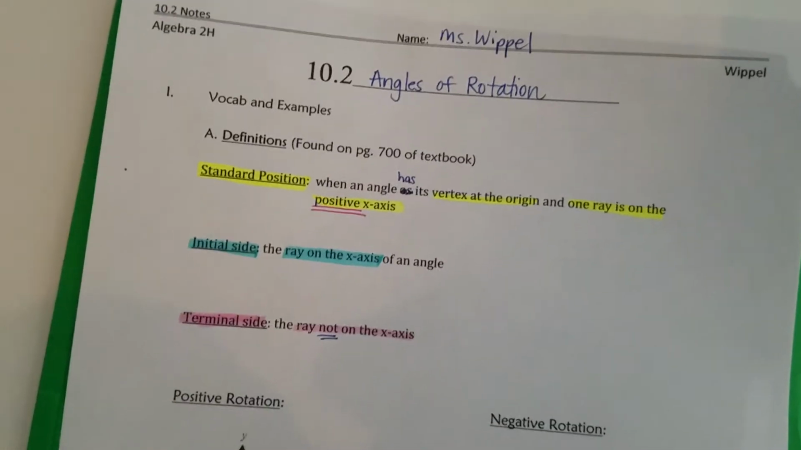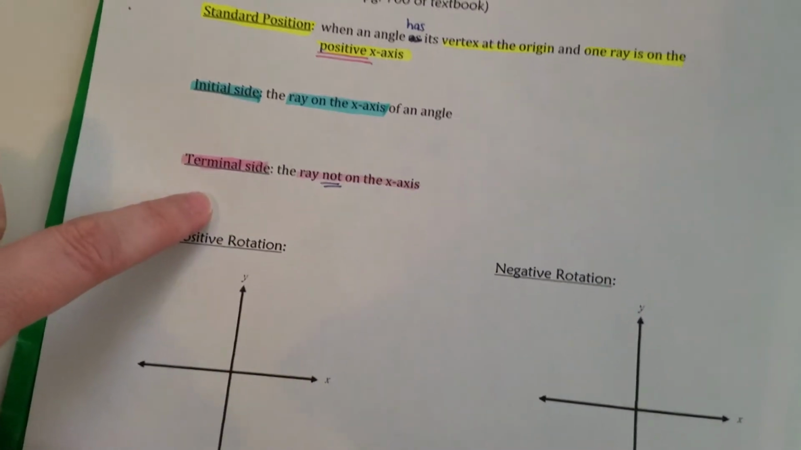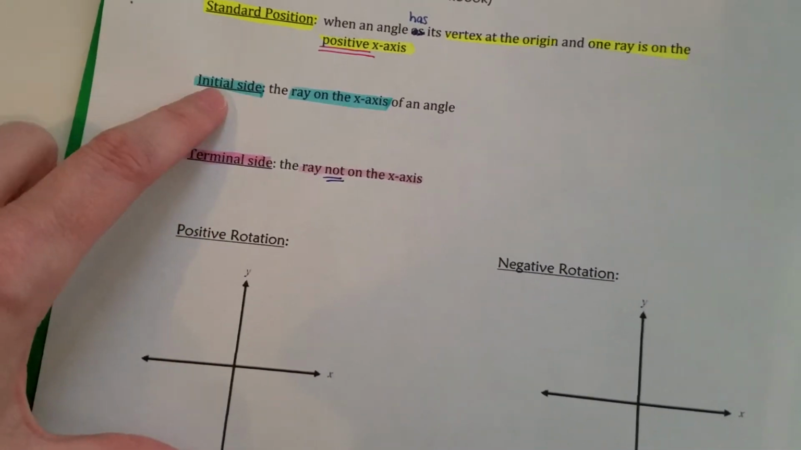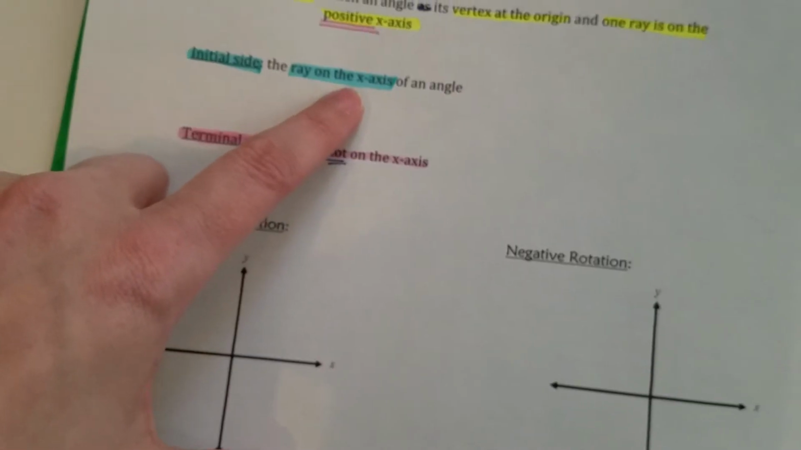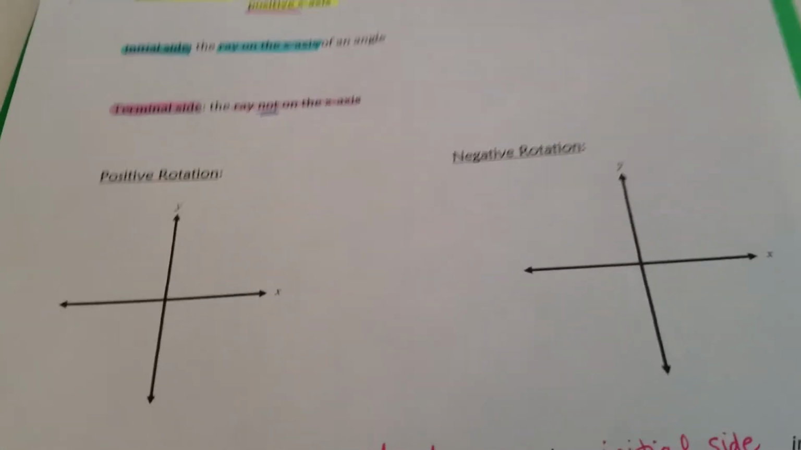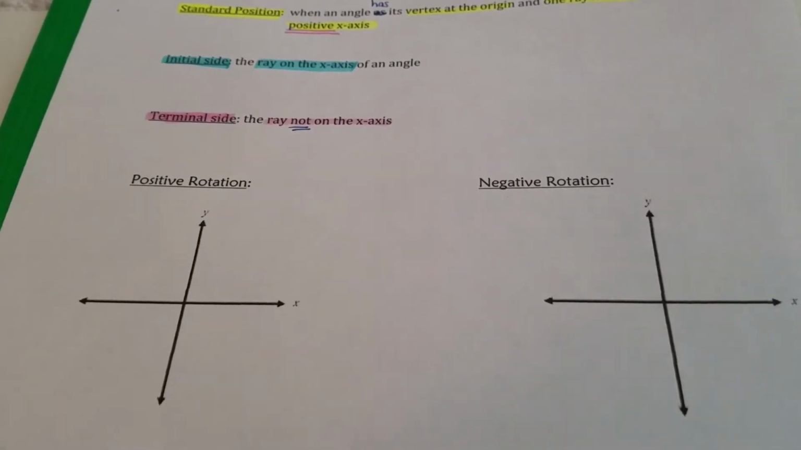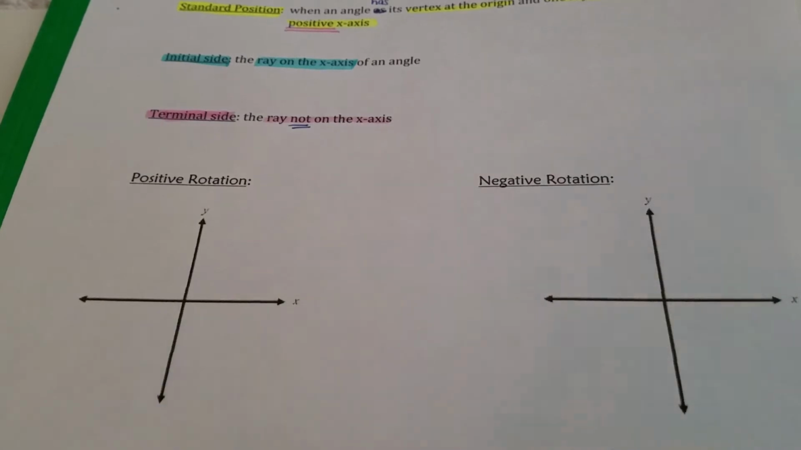the positive x-axis. We're going to draw that and label the initial side and the terminal side. The initial side is the ray that's on the x-axis, and the terminal side is the ray that is not on the x-axis. I typed out those definitions for you and highlighted some of the important parts. That's a good way to make sure you're focusing on the key definitions when they are already typed out